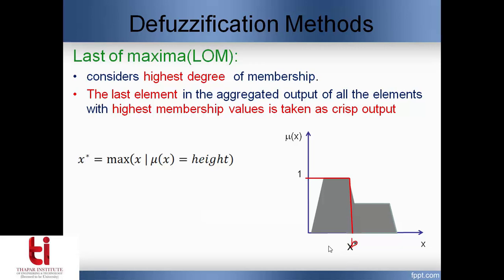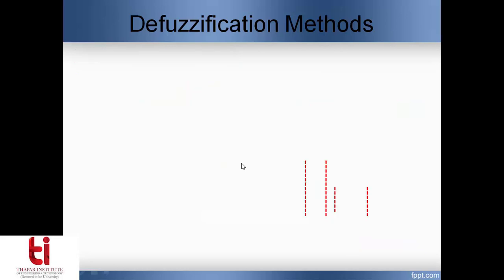Okay, so as we have seen, all these maxima methods are quite simple. They do not require any extensive computations. They are quite easy. But when we have a larger rule base, the fuzzy output which I am getting, that is the aggregation of more than one rule, may actually get focused on only a single rule. So the output may not truly reflect the correct output value. So it is not a very preferred method, especially if there is a large rule base, but otherwise it is quite simple. That is a big advantage for them.